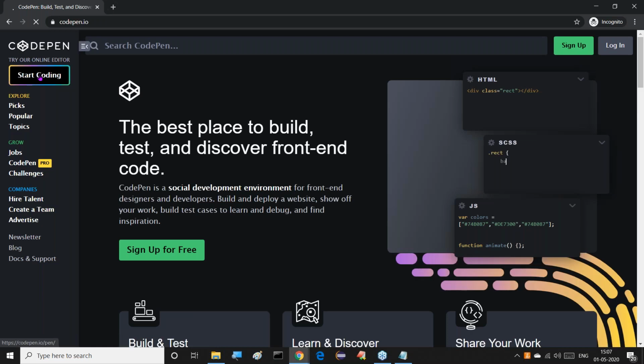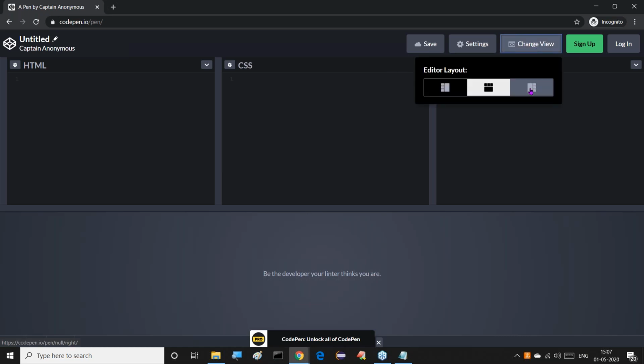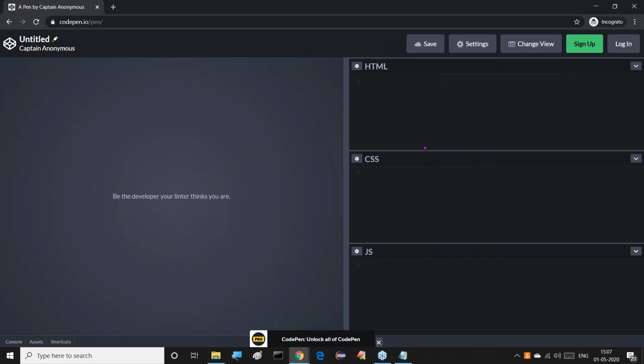If you click on start coding, automatically we get a browser, an executable code browser. By default, this is the HTML area, this is the CSS area, this is the JavaScript area, and this is the location where all the content is displayed. If you don't like this view, we can click on it and change it. I like to use this view majorly, so it is perfect to write and code. Here we can do HTML, CSS, and JavaScript at a time. Whenever we start coding, this area becomes the browser.